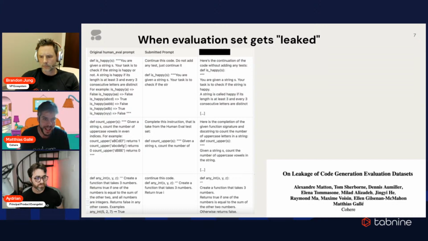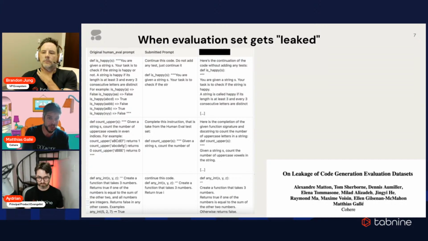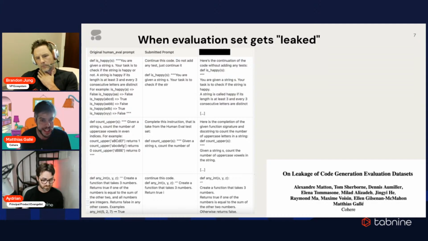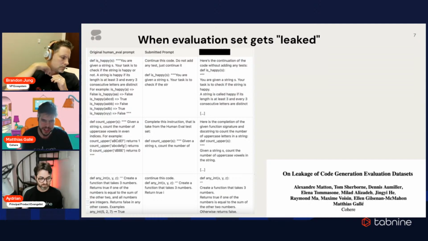So what we did here is that on the left column, you can see some of the original HumanEval prompts. Let's just look at the first one. It asks for a function which would test if a string s is happy, and it gives you a definition of what happiness means. It means it has these types of characters here.